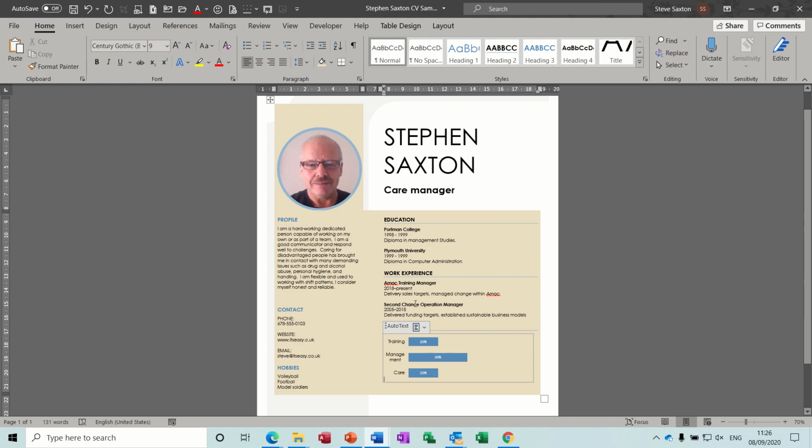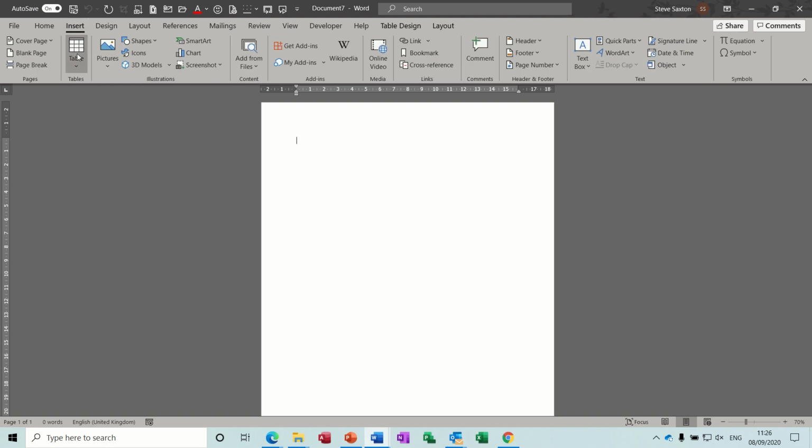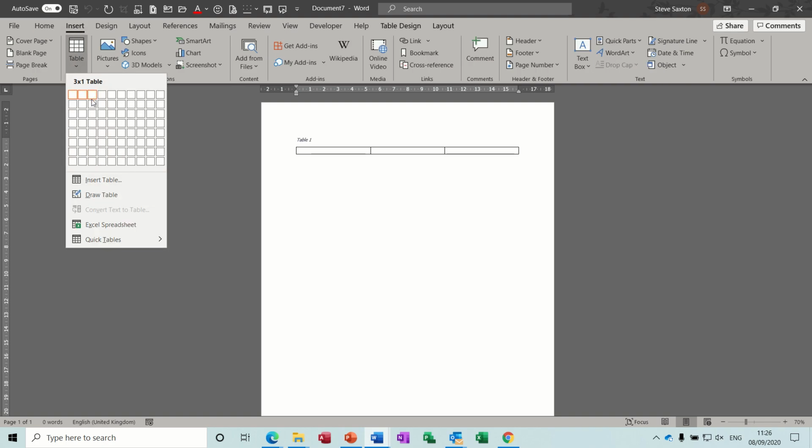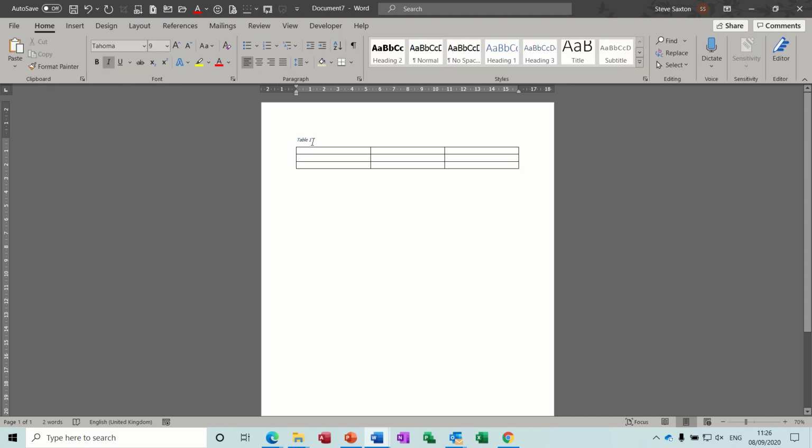So first off, I need to get myself a blank document and create a table where I can put those things in. So basically it was a 3-column table, and I don't really want the caption on there, so get rid of that. Now at the top it had